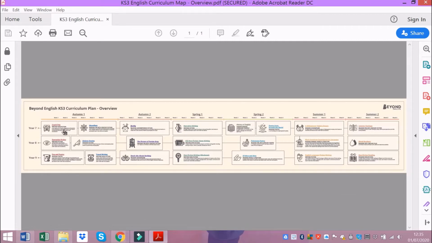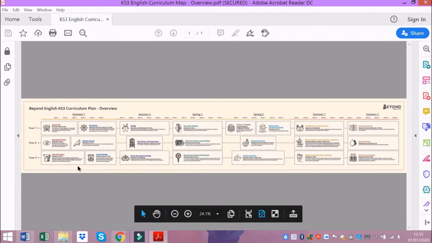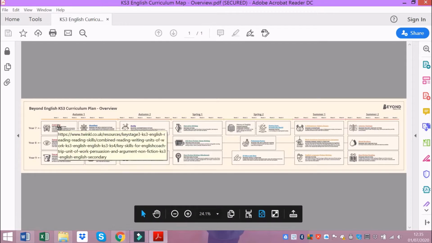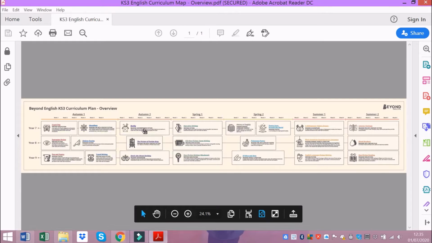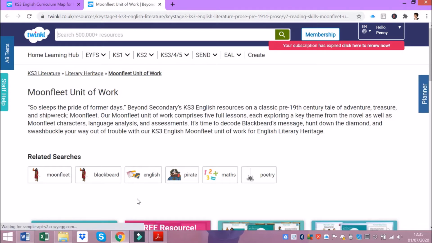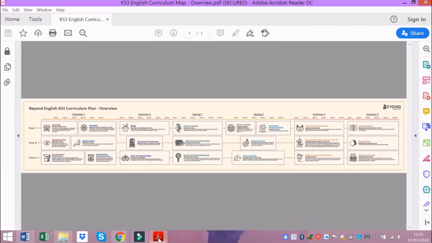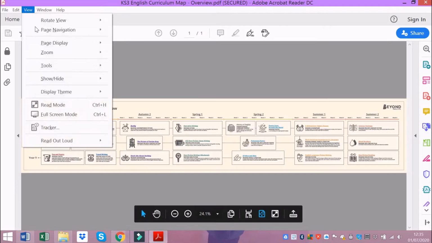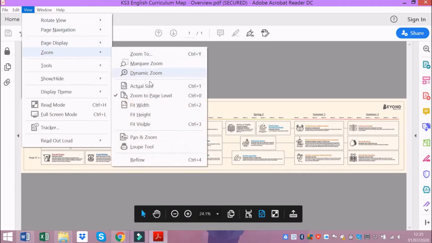This is an overview, so obviously you don't get a lot of detail on this view here, but what you do get is clickable links. So each of these units of work in every half term throughout the year is clickable, and if you click on them they will take you through to the unit of work on the Beyond website. As you can see, I've just clicked through to Moonfleet there. So if we go through to the map and we view it in actual size,